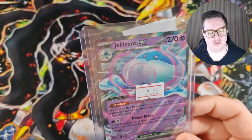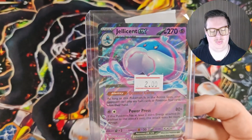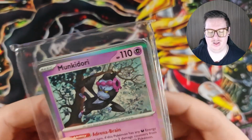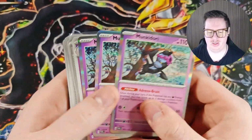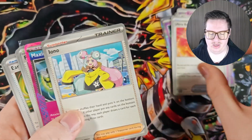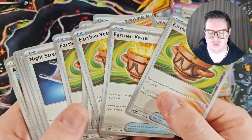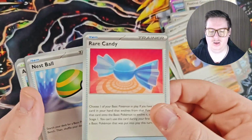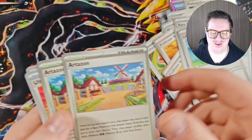This was from the Curious Collector, who absolutely sorted me out on the day. I have been well and truly hooked up with this absolute stack of cards that, when I tell you the price of this, you will not believe it, especially when you see the cards that are in here. So I picked up 3 Monkey Dory Hollows, a Curlier from Mega, an Ultra Ball from Mega, an Iono, a Maximum Belt, Festival Grounds, loads of Earthen Vessels so that I can build more decks in the future, a few Night Stretchers, Professor Sader's Vitality, Rare Candy, a couple of Nest Balls, Lily's Determination because every deck needs Lilies, Artisan,